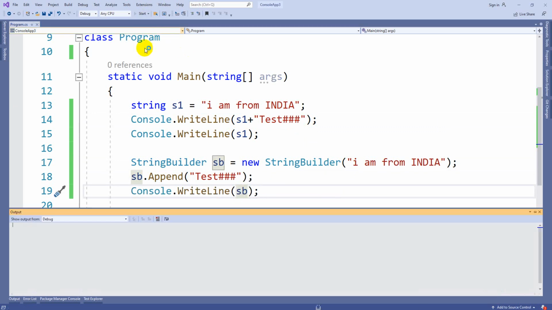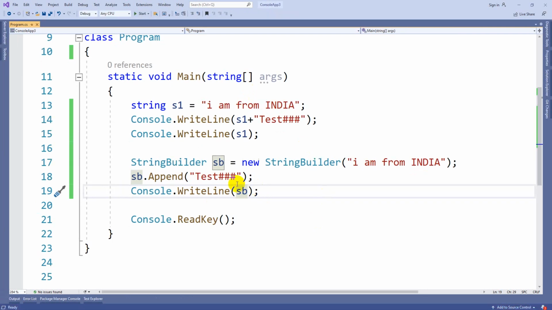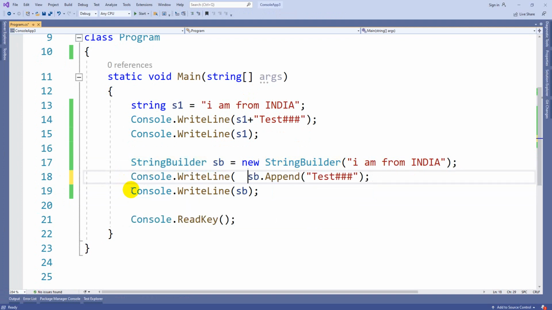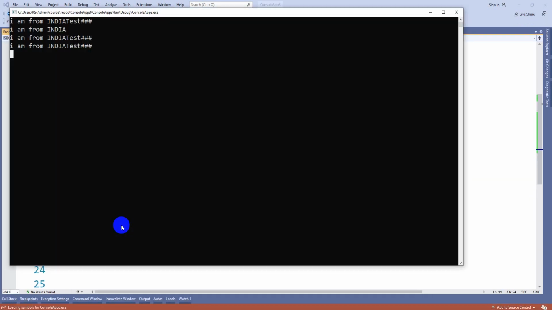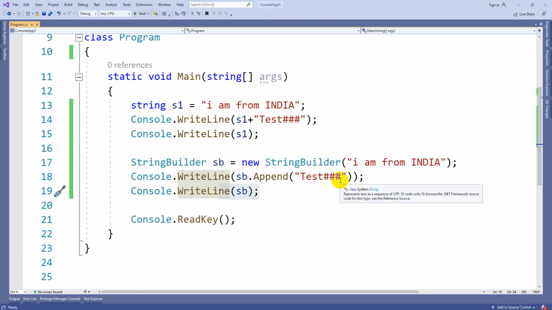Now if I execute, I can see the same result, correct? Now let's print the original, I mean the strings which are constructed by using the StringBuilder. This is how we need to observe. When you print the original string, the old string was modified, because the strings constructed by StringBuilder are not immutable.